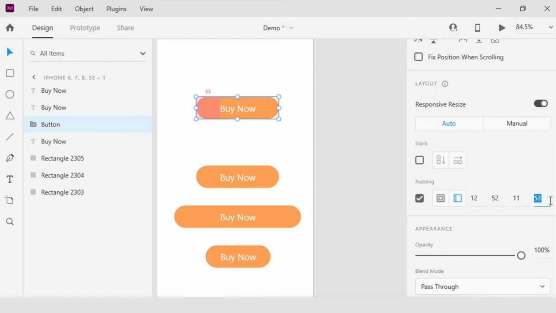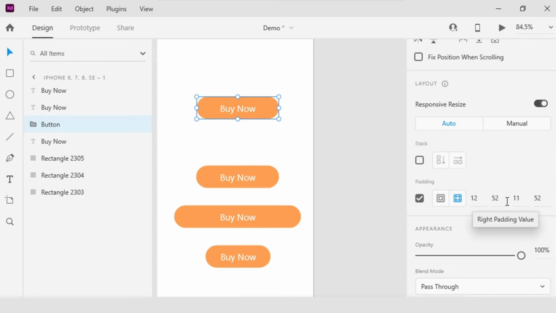I can override these values, but this is the auto magic, in a sense intelligence, that XD uses as I work with this feature. So notice that I can see here in the properties inspector that, as we expected, the space to the left and right is different than the top and the bottom. In fact, I can click here in the properties inspector and I get a very light pink highlight showing me which part of the object the padding applies to. So that's 12. If I hit tab, I have got 52 on the right, I have got 11 towards the bottom and then 53 towards the left.